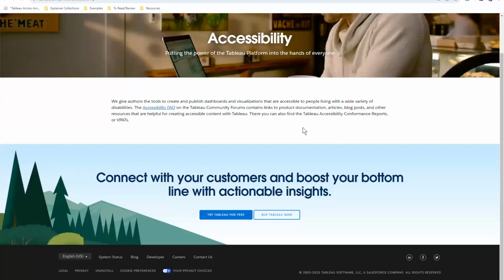Finally, I want to talk a little bit about one of the most meaningful components of communicating with data, and that's accessibility.